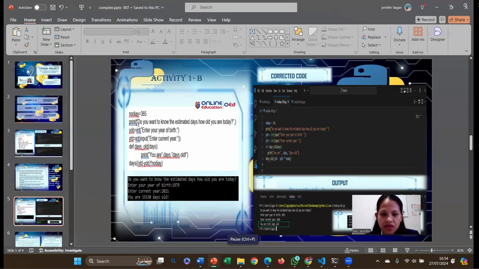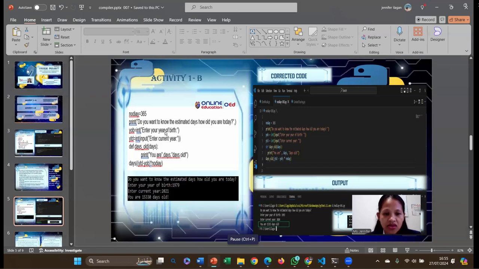So here in our code, let's use this first. The number of days in a year is 365 and it is entered at the definition of the variable no_di. So no_di is our variable name, and after printing a message asking the user for their year of birth and the current year, it converts the user's input to an integer.